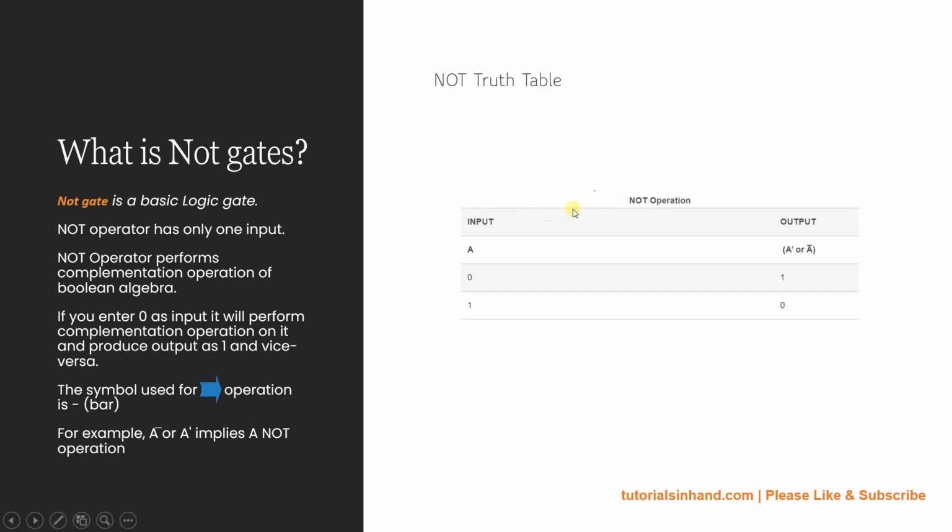So as NOT gate has only one input, we will have 2 to the power 1, which gives us the value 2, and that is why we have just 2 rows in the truth table for NOT gate. And if we have only 2 rows, then definitely one combination is 0 as shown over here, and another one is 1. So these are the two possible input combinations that we can pass in the NOT gate.